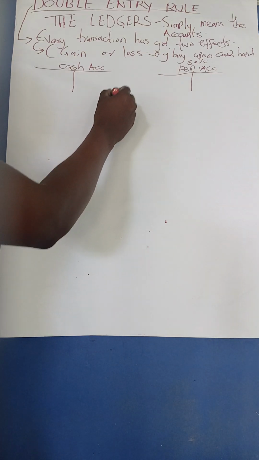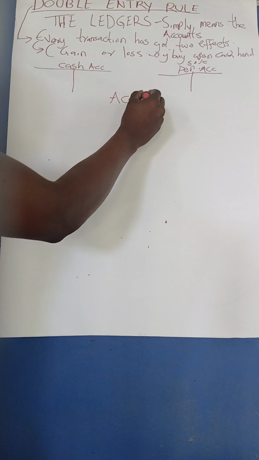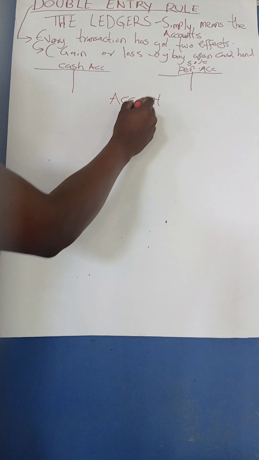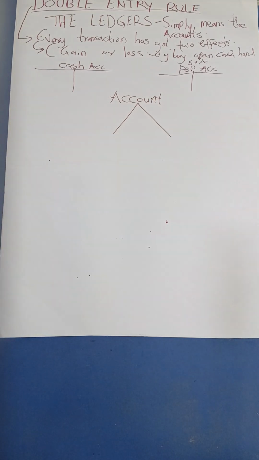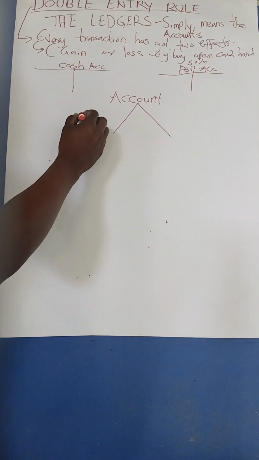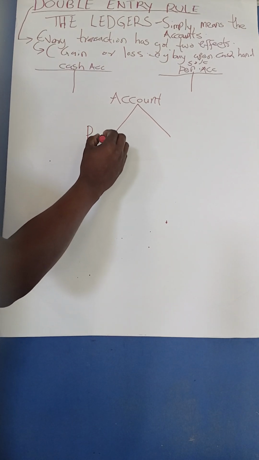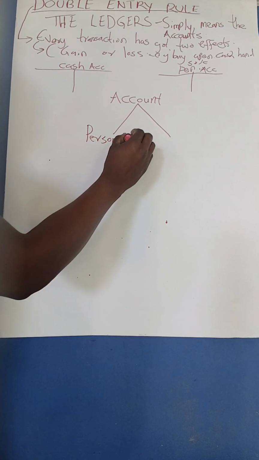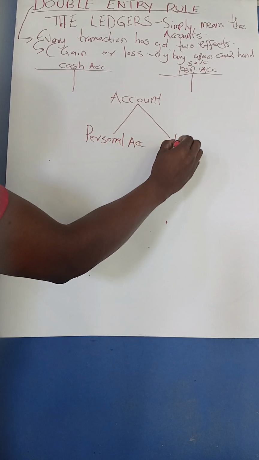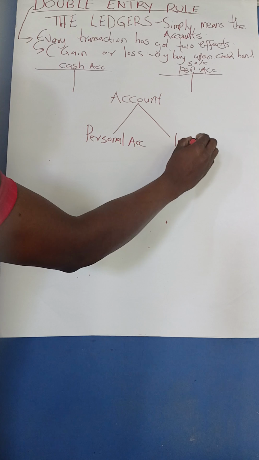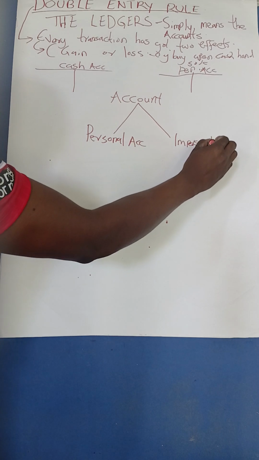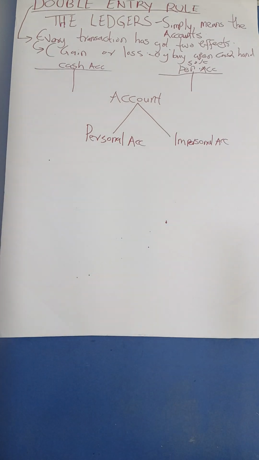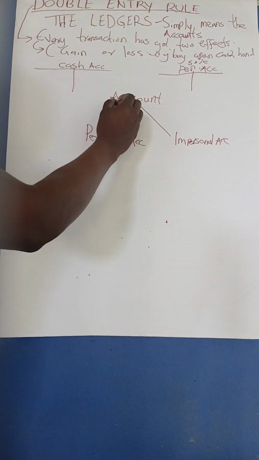So I can write here now: account. Account is divided into two types. We have personal account, and we have impersonal account. When I talk about the personal account, here we are going to be opening accounts for the